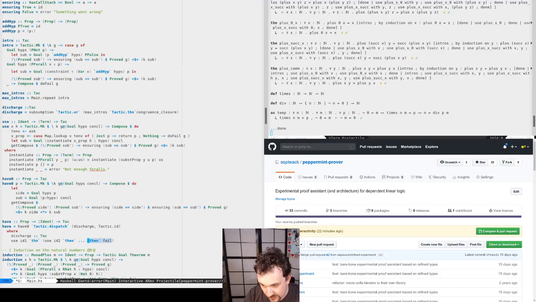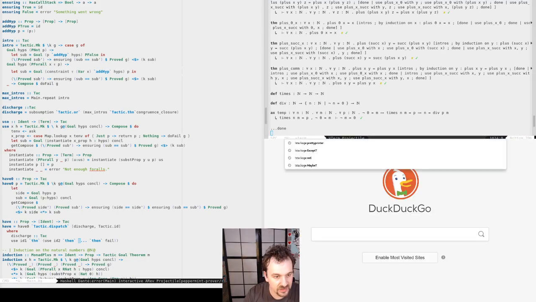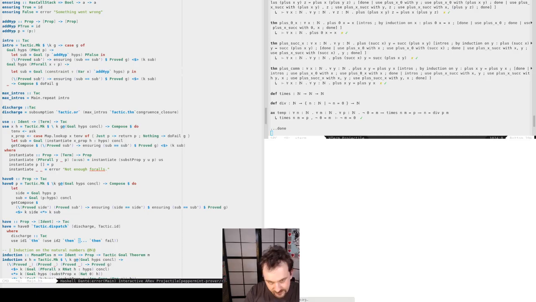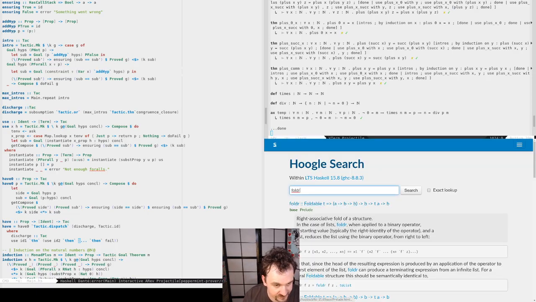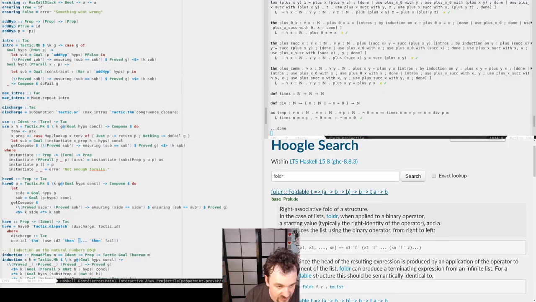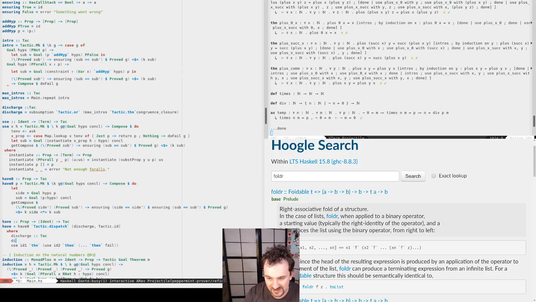Something like this. And that, which one is it? It is fold there. Fantastic. Discharge. I leave the order in which I add things.